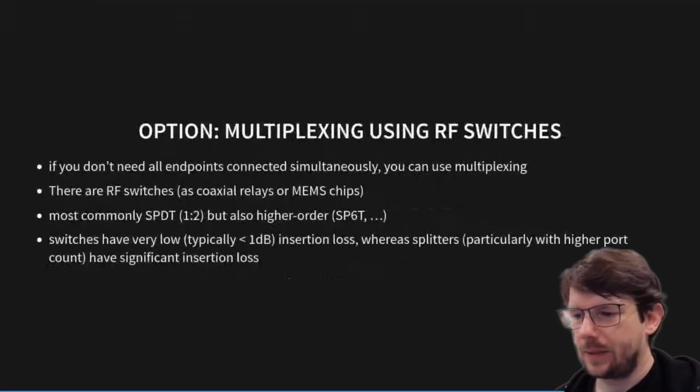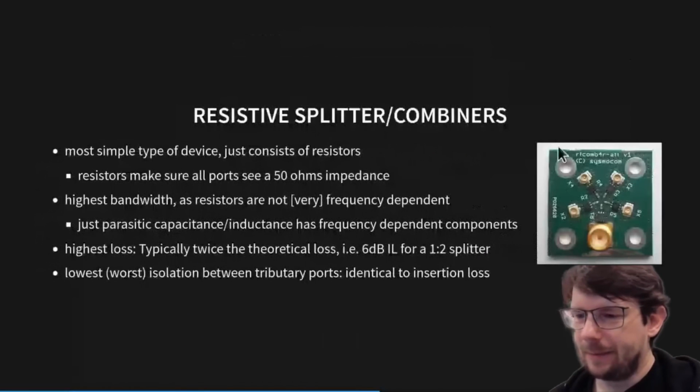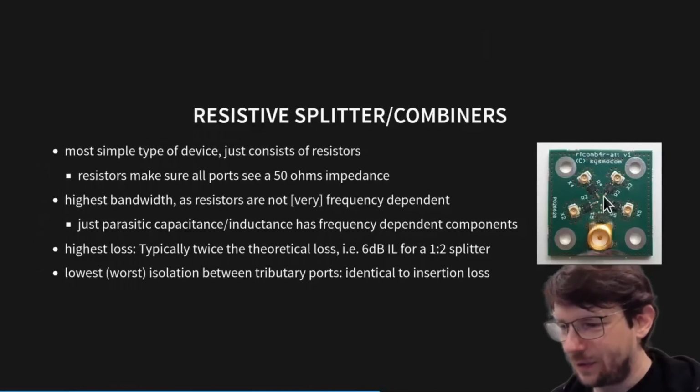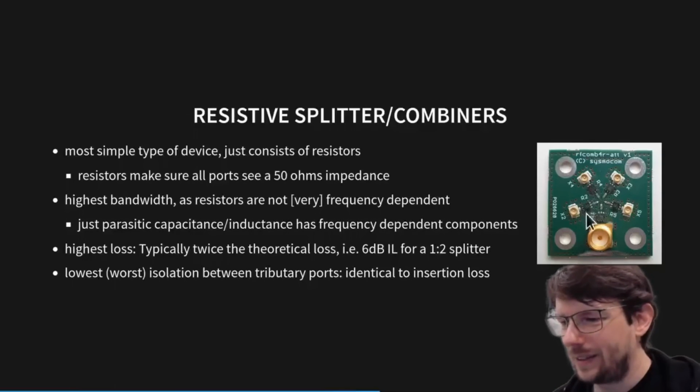So since there are no questions so far, let me get back to one device that I had shown here. The example picture that I actually had for a resistive splitter combiner, that's actually not entirely true, because the resistive splitter combiner is those 5 resistors here in the center. If you see those 5 sort of light brownish things in the center, that's the resistive splitter combiner. And these larger black parts here are attenuators. So it's actually a combination of,